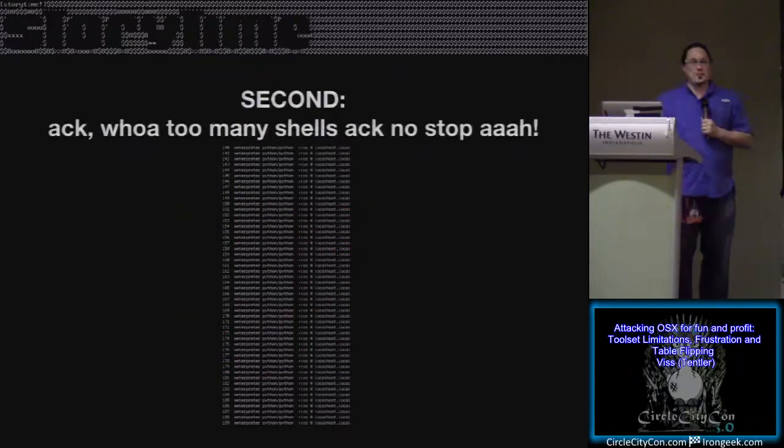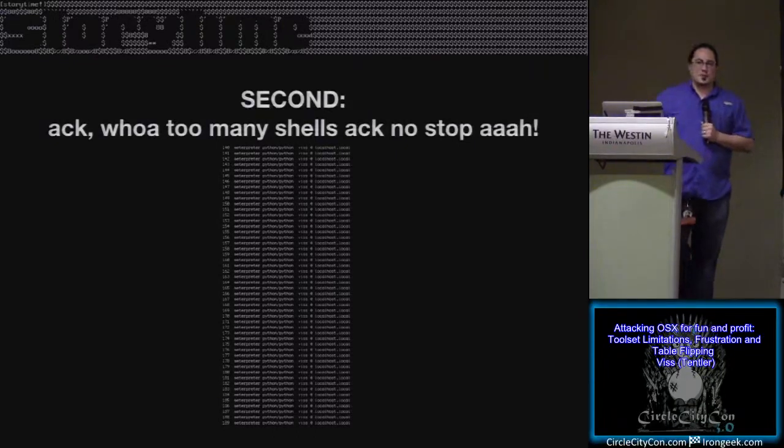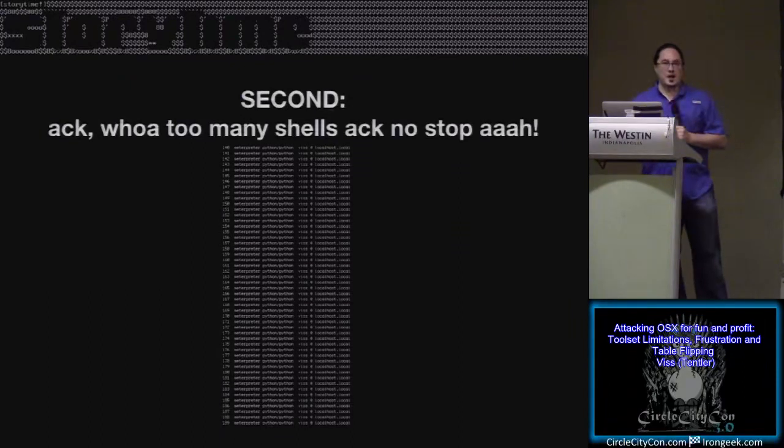Sort of. As it turns out, if you have like 600 Python interpreter shells on a Mac, Python starts to break. I'm not entirely certain how, but it starts throwing these bizarre I/O errors. My first big problem was that I successfully compromised the machine and got persistence, but having a shell phone home every 5 minutes for several days means you go to bed at midnight, 1, 2, 3 in the morning, you get up at 9 and there's several hundred, maybe several thousand shells waiting for you. Now that's great because you have 1,000 shells to choose from, but